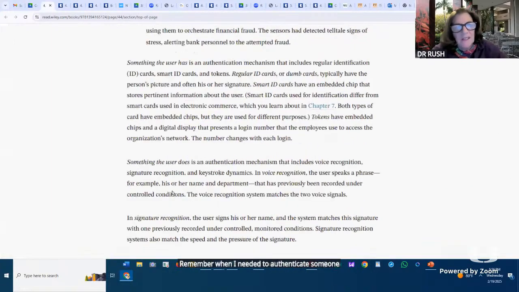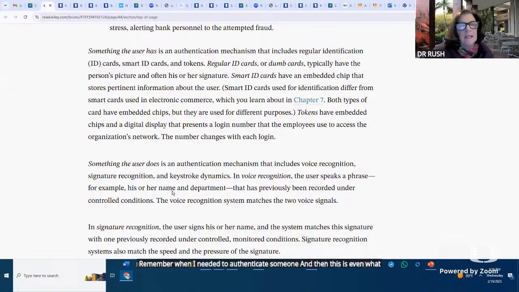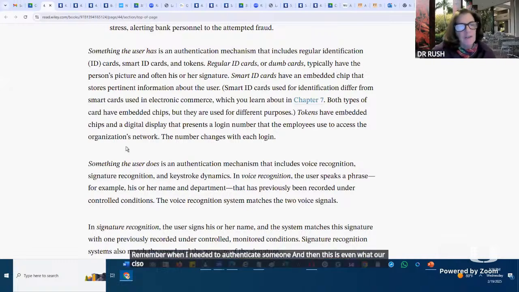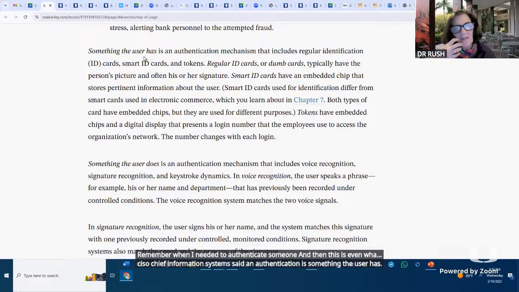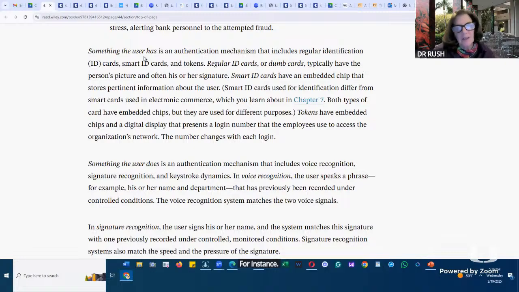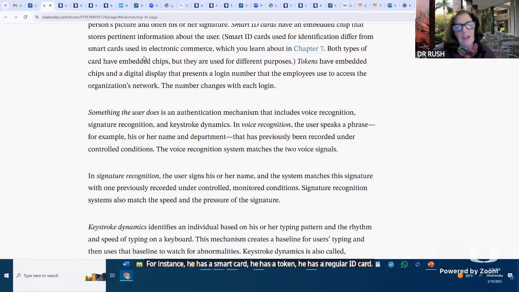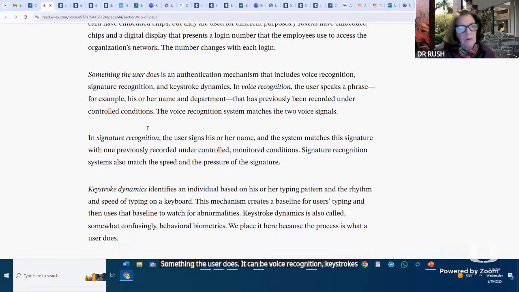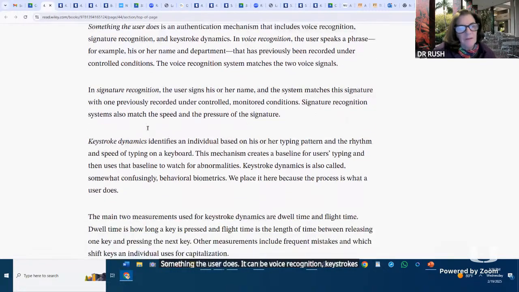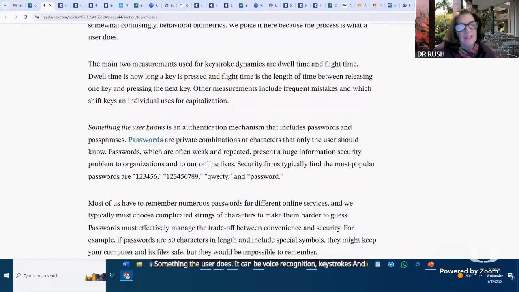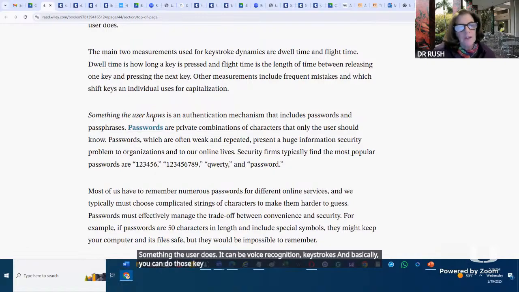This is even what our CISO, our Chief Information Systems officer, said: authentication is something the user has, for instance a smart card, a token, or a regular ID card; something the user does, such as voice recognition or keystrokes; and something the user knows, for instance passwords.